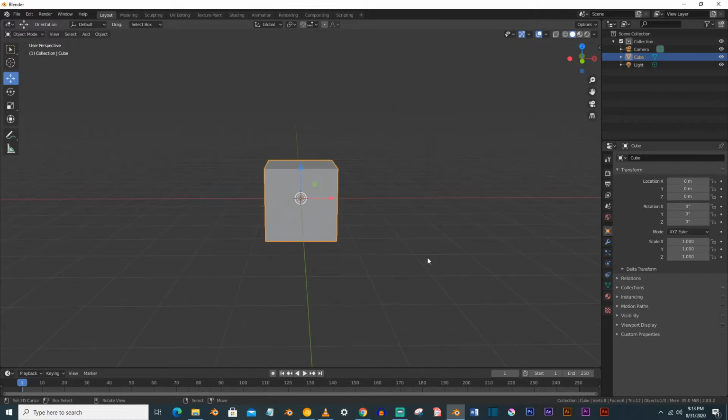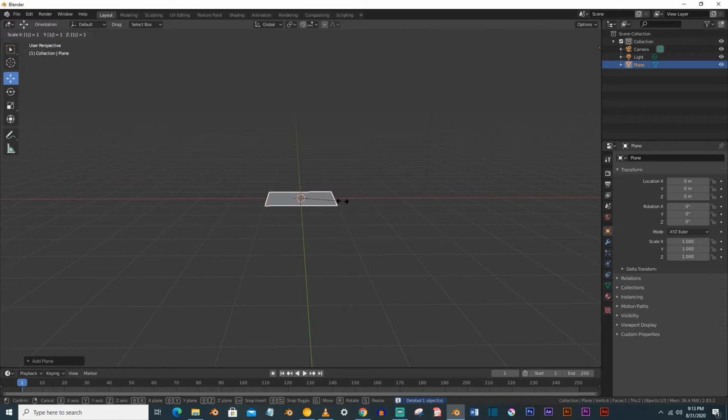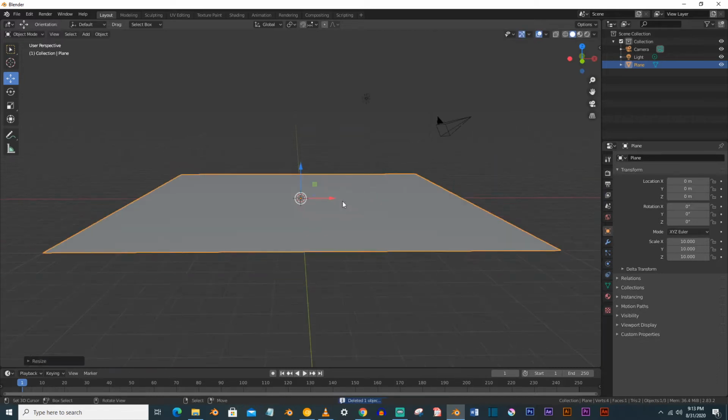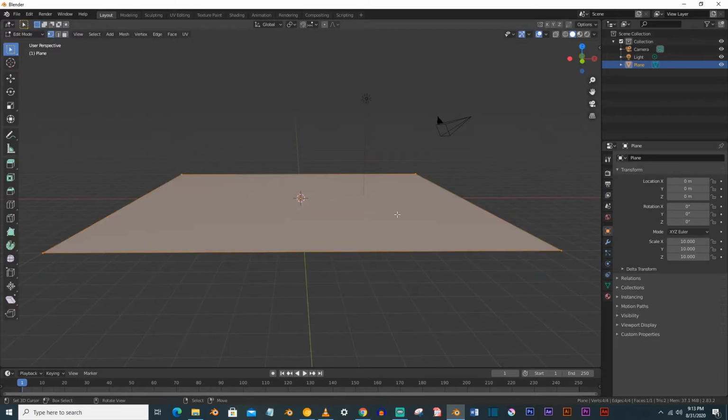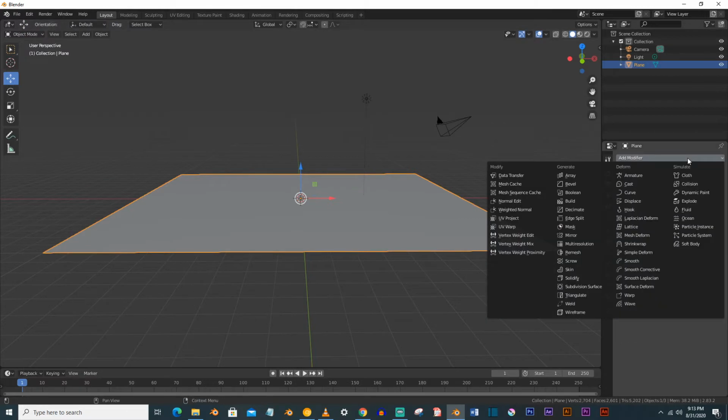So now let's start. First, quickly make the ocean. Select a plane here, S and 10, and go to edit mode, subdivide it, and you can subdivide it to like 50. Go to the modifier tab, select a displace modifier. You can also choose the ocean modifier, but it will make the file too heavy with very many polygons, so we will make a low poly.